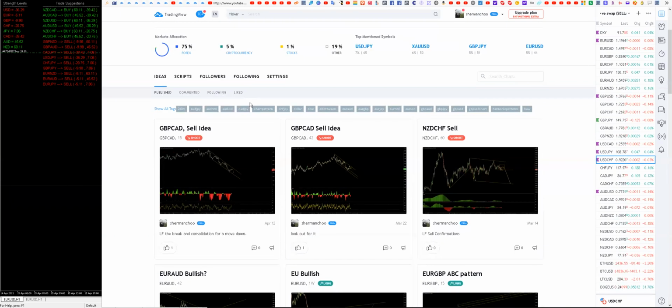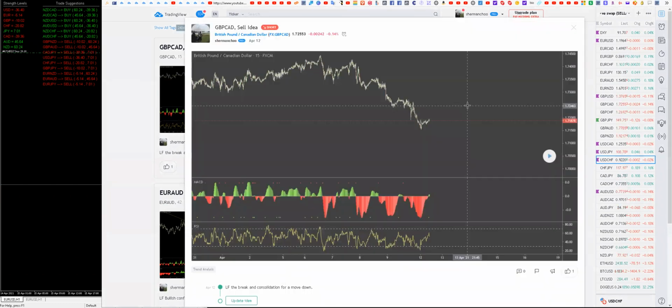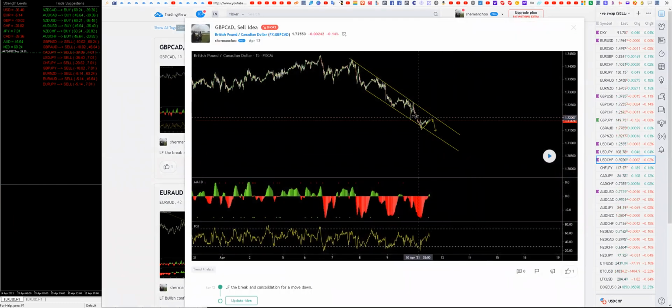So let's go look at these. These are the live charts. Most current one, April 12th. I'll just go through. So over here, basically, in order to sell, very important: never pick a top. Never sell at the peak here, right? So look at this line. You don't sell here, right? Always wait for a break, and you can see why that's important because